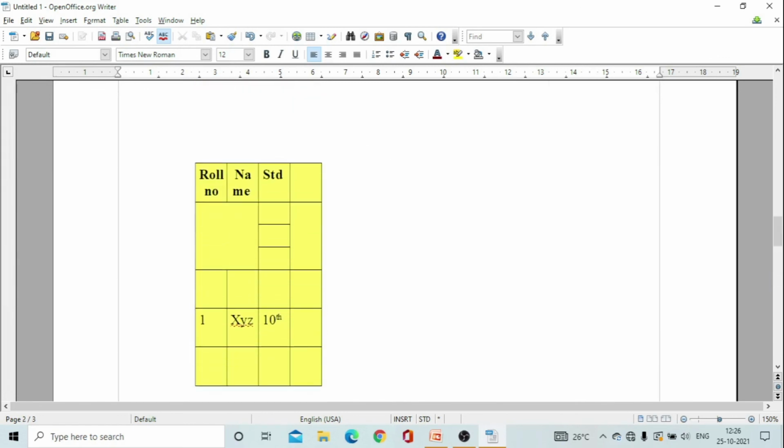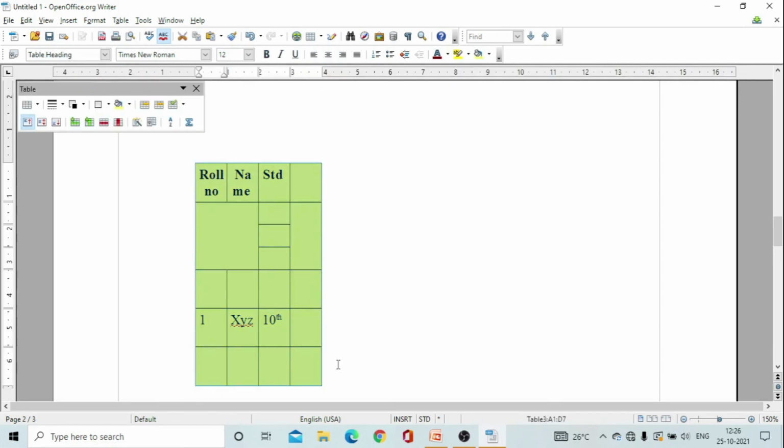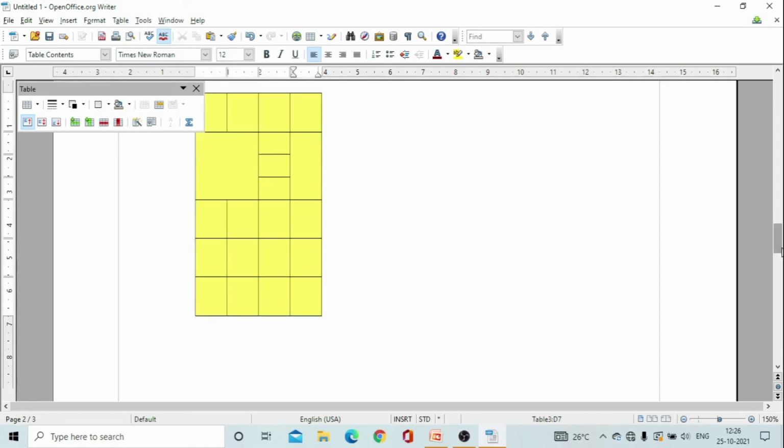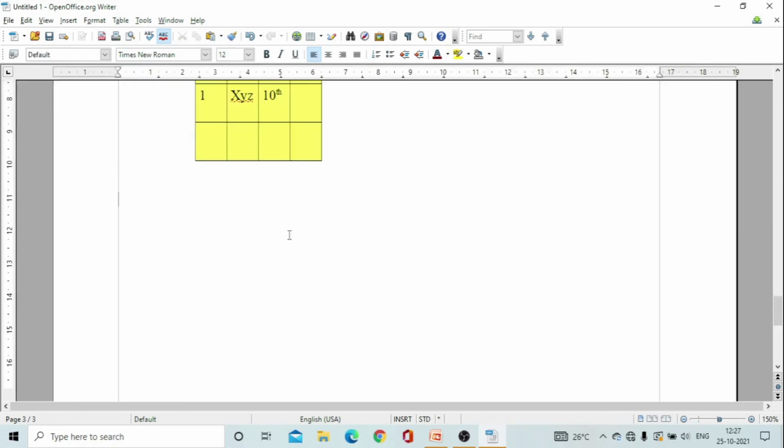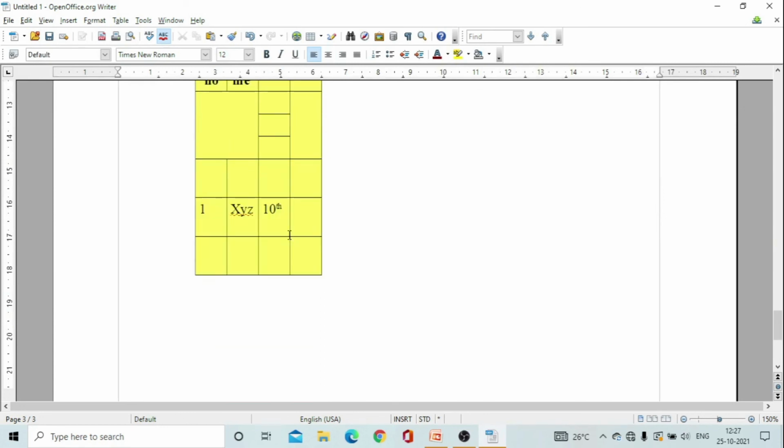Now as you can see here, this table has the content remained, right? But if we do cut, for example, let's select the table here. I will go for cut, that is Ctrl+X. As you can see here, the content has been removed and in copy it was not removed. Are you able to fix the difference between cut and copy? Yes, in cut it will remove content, but in copy it will remain.